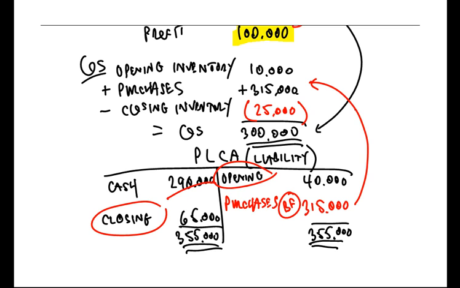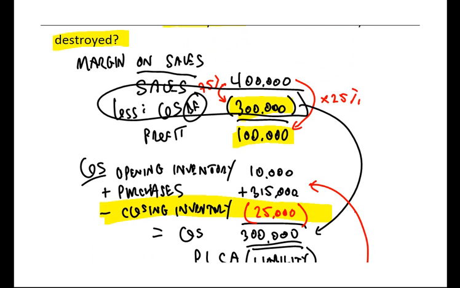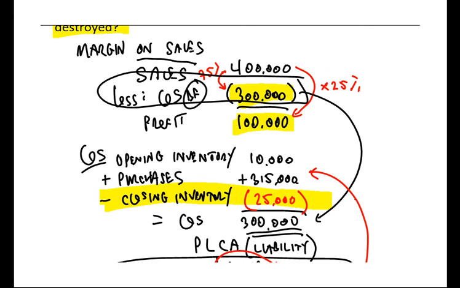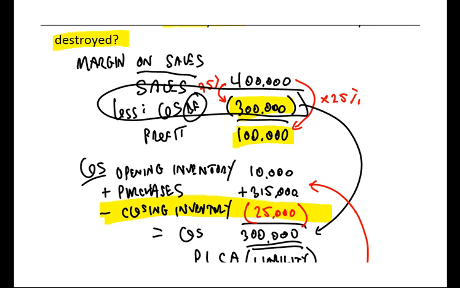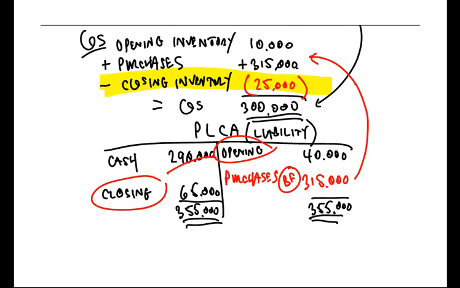So I think we have now successfully helped Sherlock Holmes. We've identified the value of the closing inventory that must have been destroyed in the fire. I can now fill in my insurance claim and get the money that I deserve. But can you see this process? We've taken a lot of clues that we were given in the scenario, and we've used our knowledge, firstly, of cost structures, the margin, then our knowledge of the way cost of sales is calculated, and then our knowledge of how control accounts work. We've taken all that accounting knowledge and used it to help us identify that crucial missing